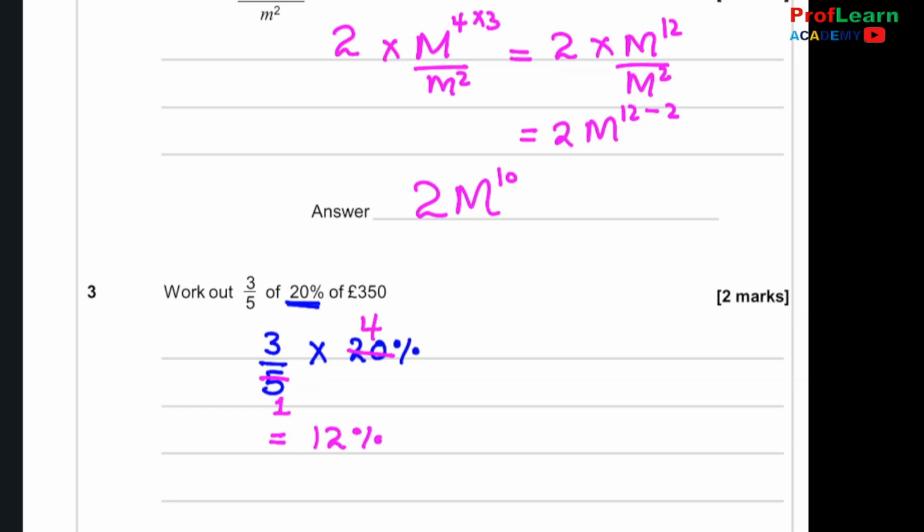Because we are told to go ahead after working that out, we now work out 12% of 350 pounds. So we are going to work out 12 over 100